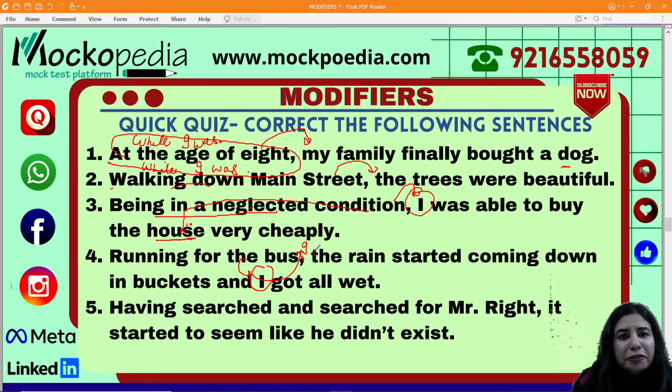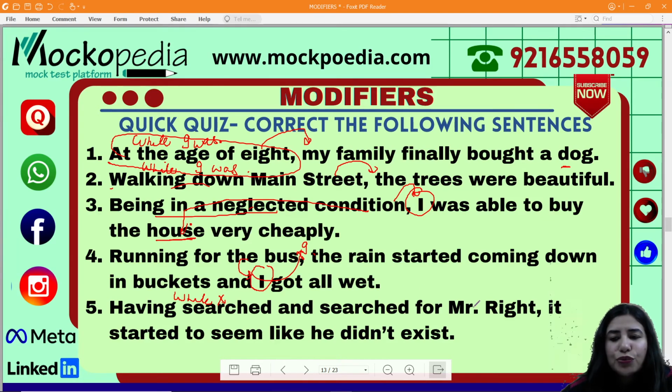So take a look at the fifth statement. Having searched and searched for Mr. Right, it started to seem like he did not exist. So, who is searching for Mr. Right? The sentence is not giving us clarity. So, you can just introduce a subject while